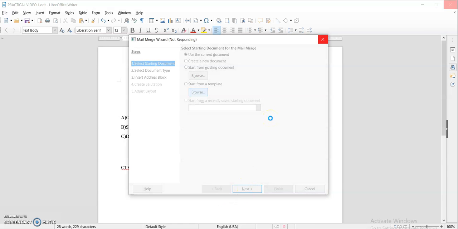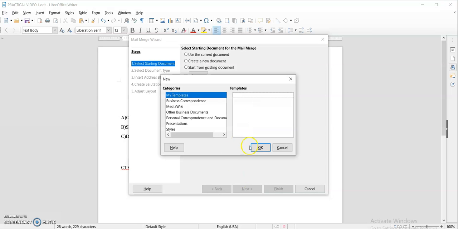The next, if you move to the next, these are the templates: business templates, MediaWiki, other business documents. These are the different templates that you can include. If you want to convert it into a CV or resume form, you can click over it.